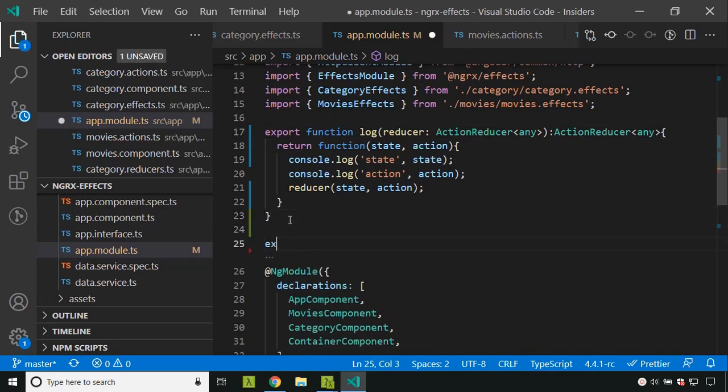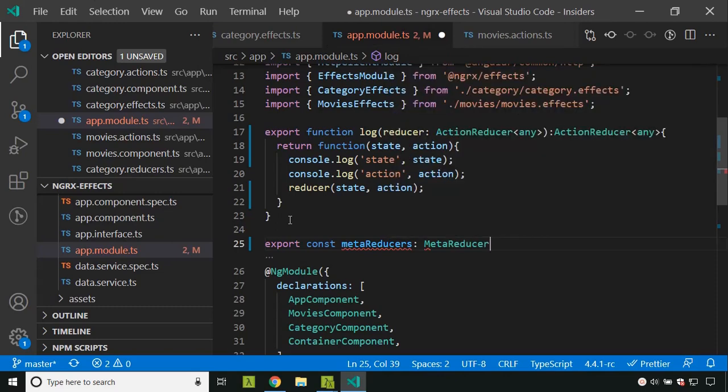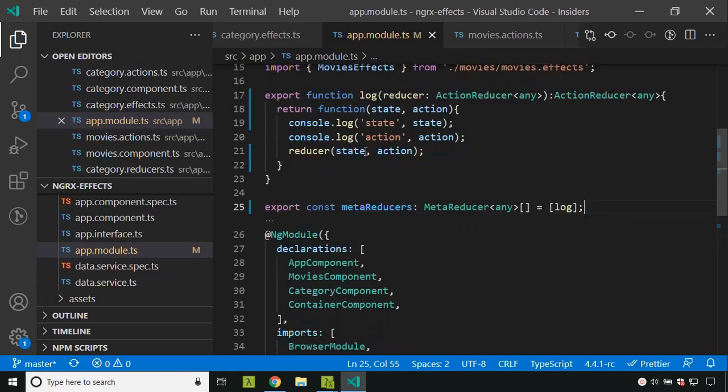Now we will create another constant called metaReducers. This is of type MetaReducer<any>[], and it will be an array. Here I am defining the log function which we created earlier.